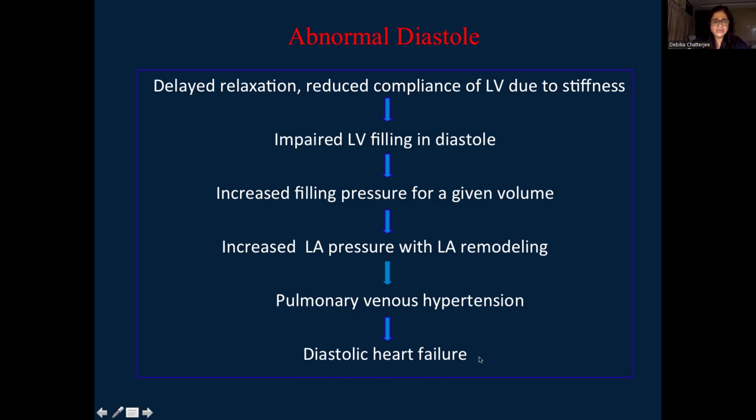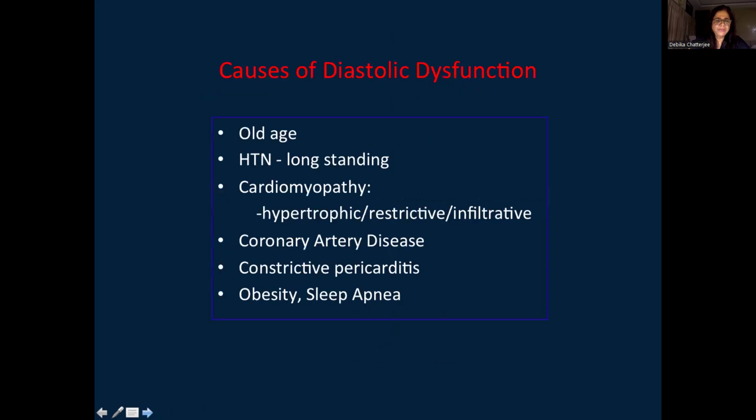So my patient was in this phase. He not only had the diastolic dysfunction, but he also had the diastolic heart failure. His diastolic dysfunction started from this phase where there was delayed relaxation. But after going through these pathophysiological sequences, the patient ultimately went into the diastolic heart failure. So this is the pathophysiology, and now let us look at the causes of diastolic dysfunction,